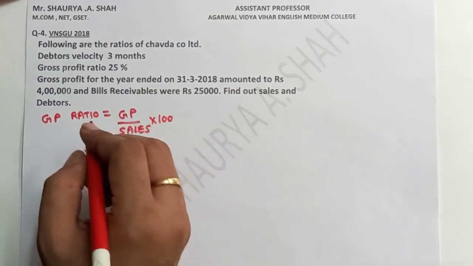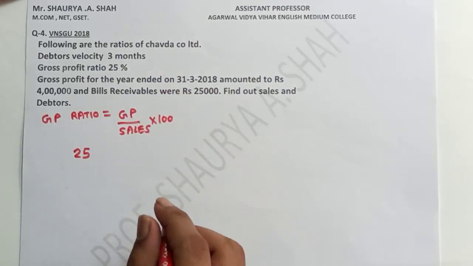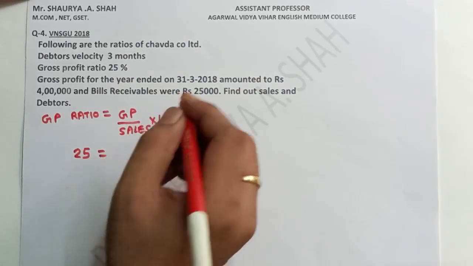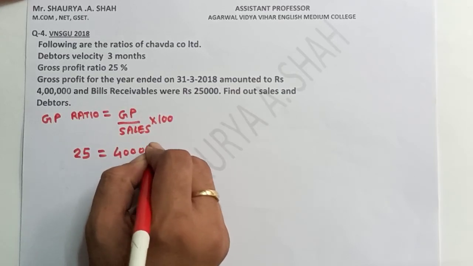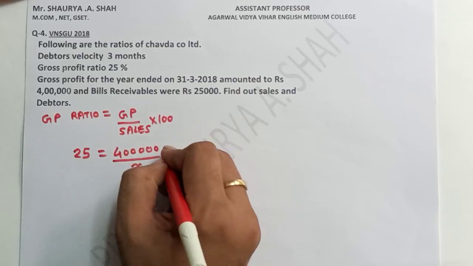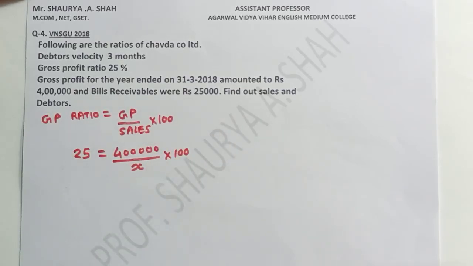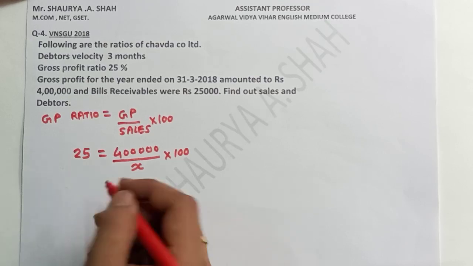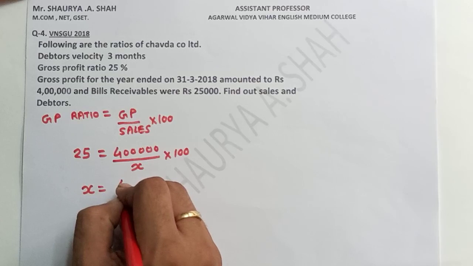So I am having the answer of GP ratio 25 given in the question. Then I am knowing the GP also, 4 lakh rupees. Then I don't know the sales, so it will be X into 100. Is it clear? Fine. Now if I solve it, X is equals to 4 lakh